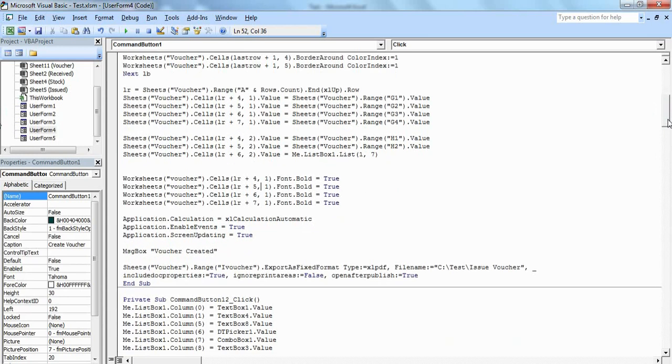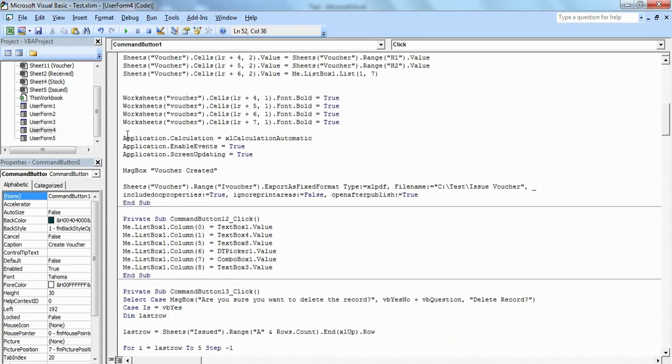Then we will deactivate this because our macro is ending here. Once this voucher is created, it will give you the message box that the voucher is created, and after that we want it to be exported to a PDF file.